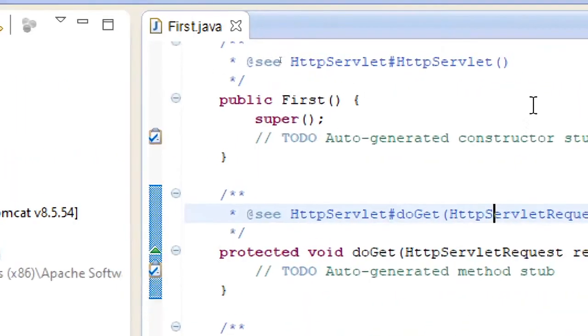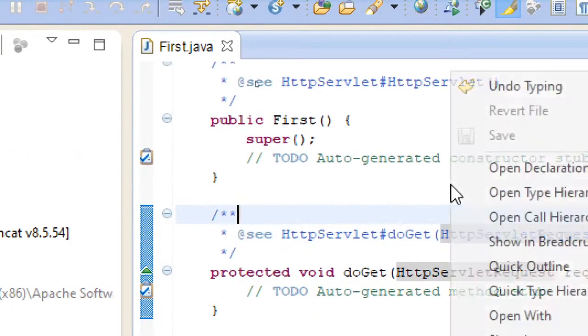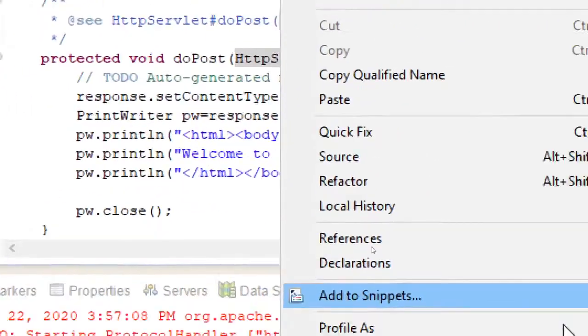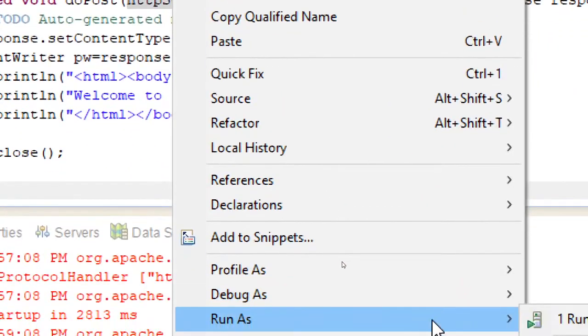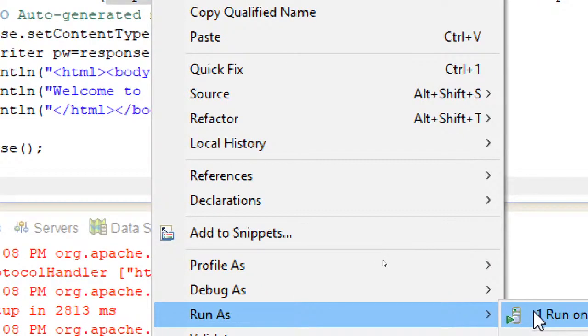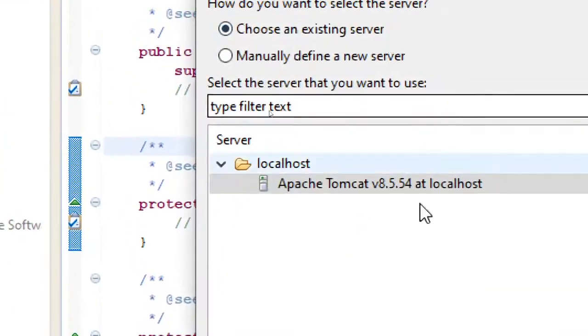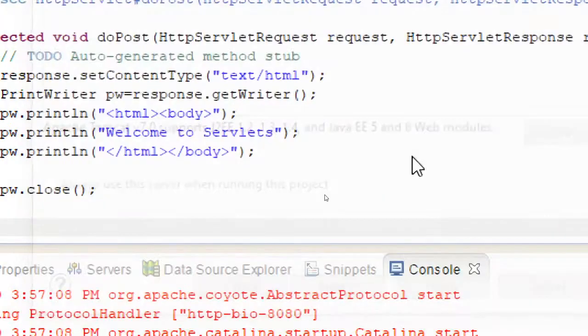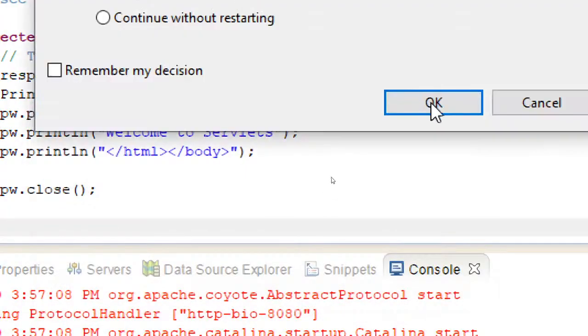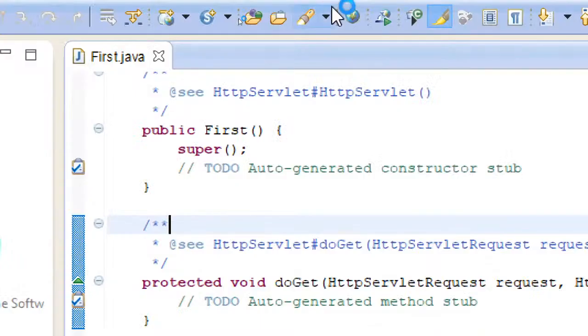Now let's try running this. It takes time, so it's processing.